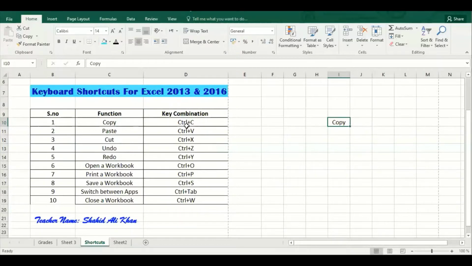I hope, students, you will understand and you will apply these shortcut keys on different cell addresses and text operations, and the remaining 5 shortcut keys I will explain in the next